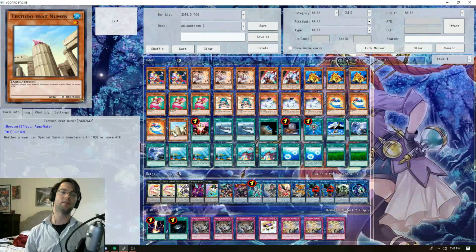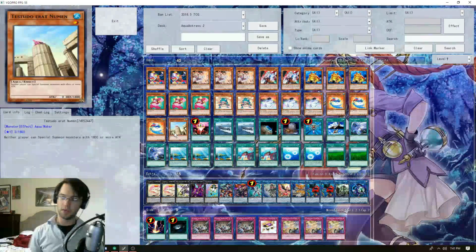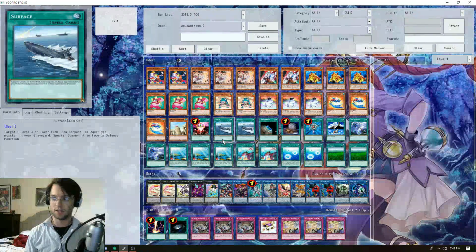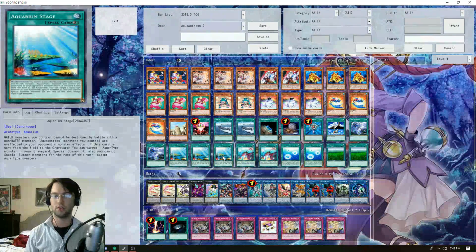And then the piece de resistance is Tattoo around Newman, because I'm playing a low-level water deck, so I'm not going to not run him, even though he's not the most consistent thing in the deck. However, you can dump him off of a Swap Frog and bring him back with a surface. So that's a thing. Or if one of these go to the grave, you can bring them back with one